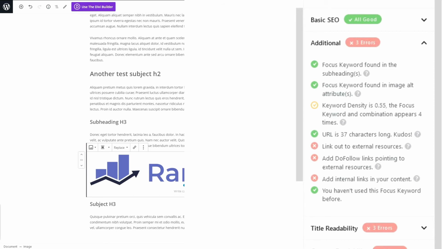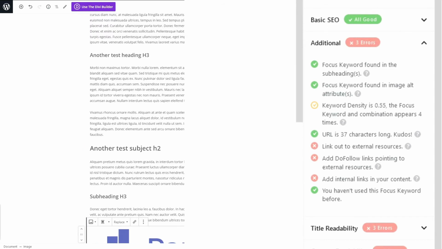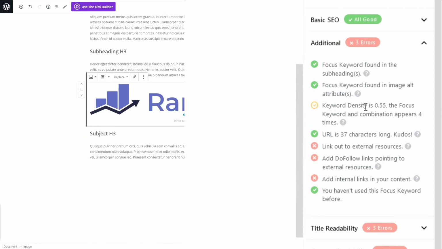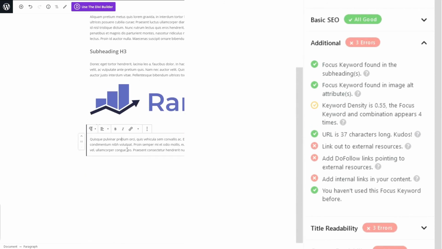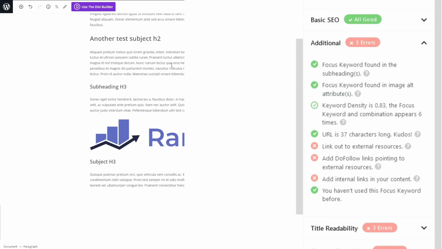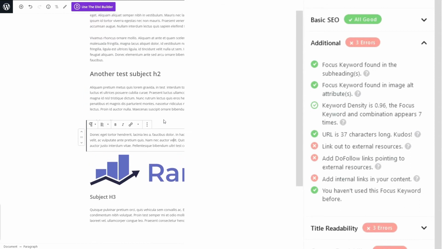Okay, awesome. So this is the way the score is adding up. You see we are 66 points of the 100. So images are good on your website, of course. The keyword density is 0.55. It could be a little bit more, so we just enter a little bit test somewhere here, and you'll see that the number is going up, 0.83 in test. Of course, you don't optimize a real website this way, just fill in your focus keywords somewhere, but for this test page we can do that. In a few minutes we will go to real pages and see how it works with real live pages.